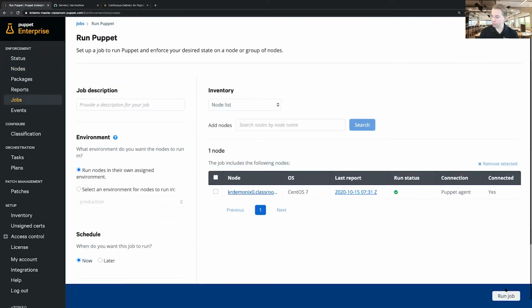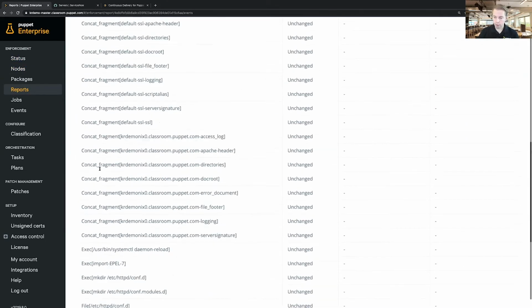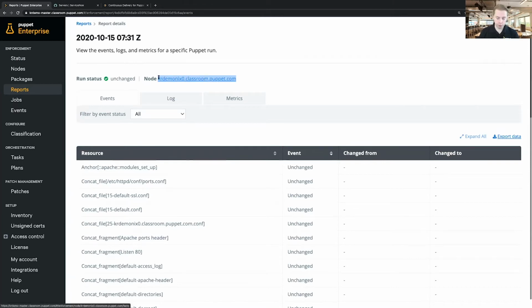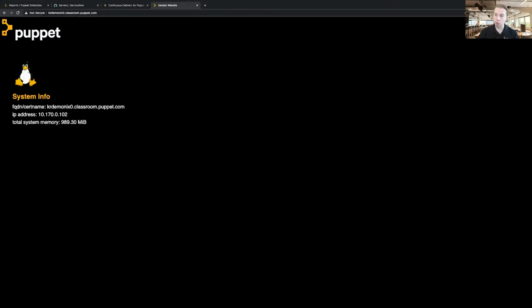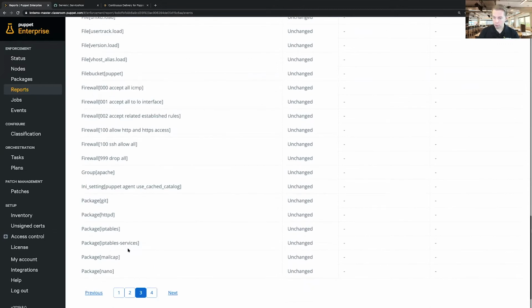that will update automatically. While this runs, we can see here that on the existing node, there were already a bunch of HTTP resources in there because the web server role was added on this system. And so we can see that if we try to reach this machine, it is actually running a web server. So that's coming from the classification from ServiceNow. And that it has a package resource, Nano, right here,